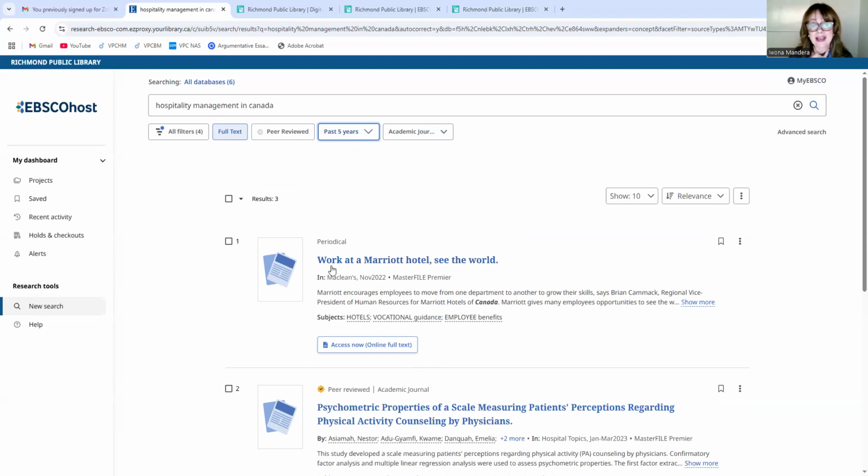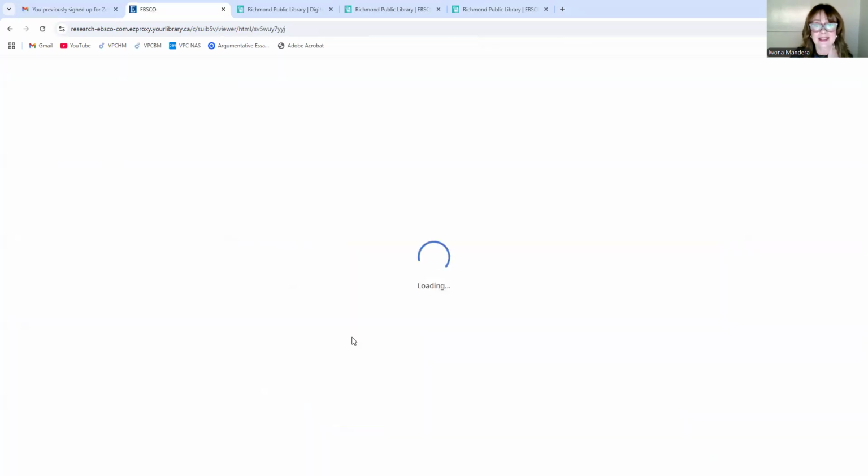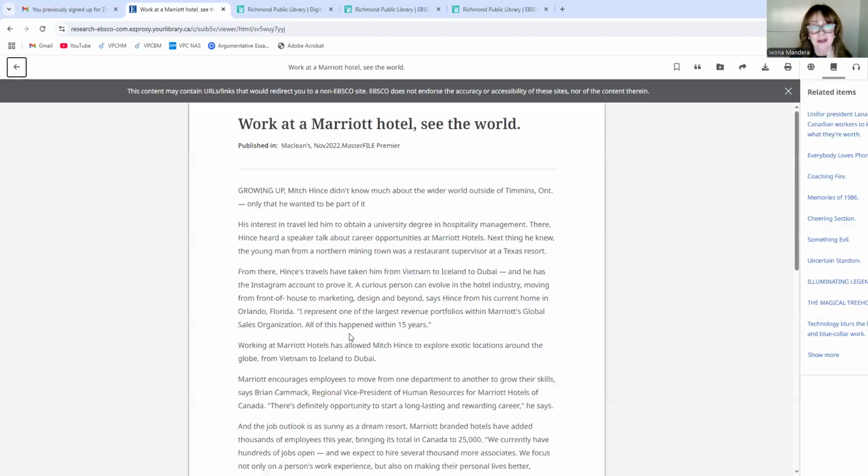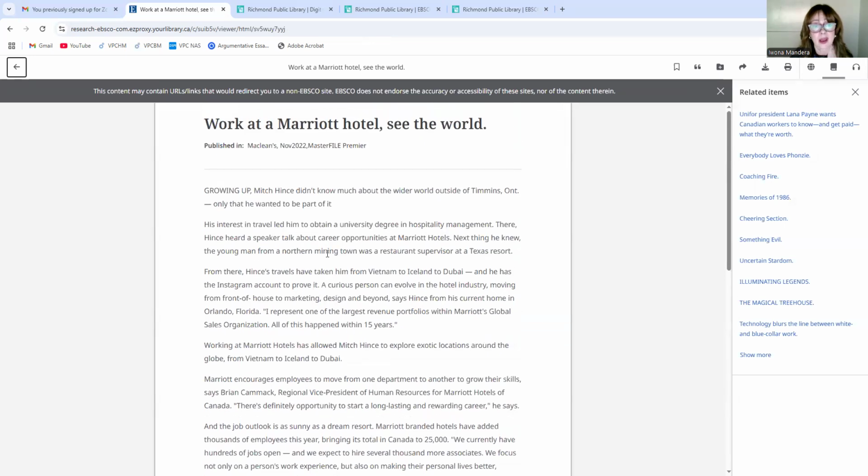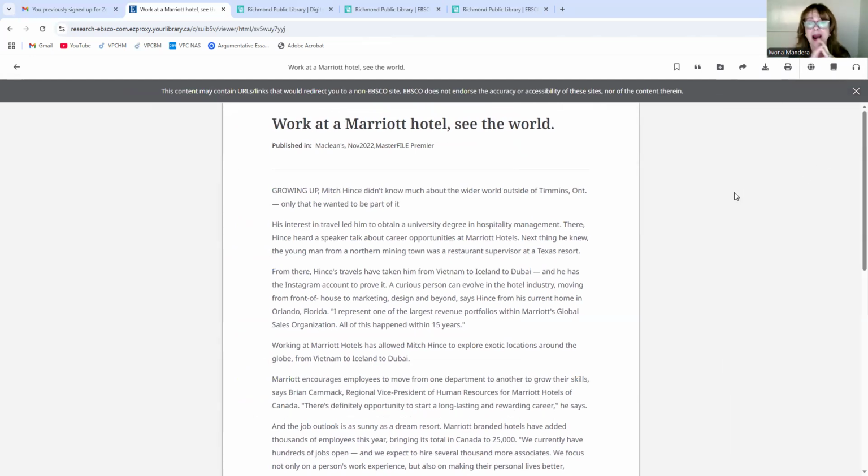So let's just say that I like to work at a Marriott hotel and see the world. Marriott encourages employees to move from one department to another to grow their skills. And if I would like to read about this, I definitely can access this article in PDF in full view. And if I would like to use this article in my research and my paper, what I would do,